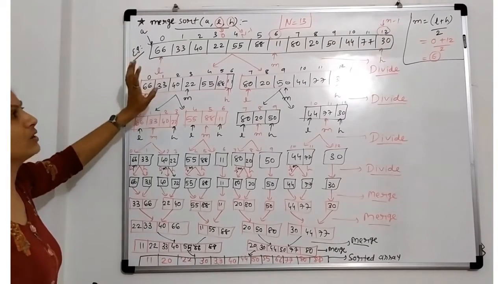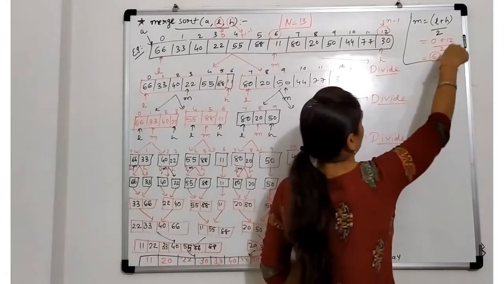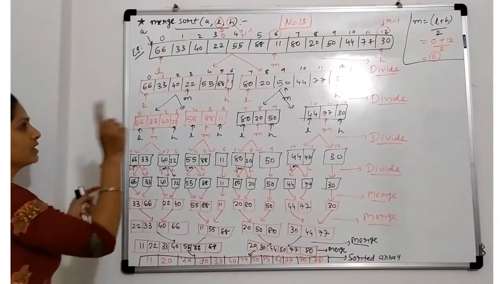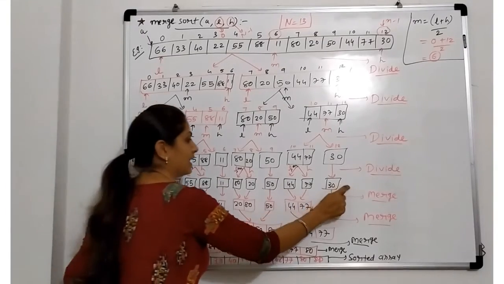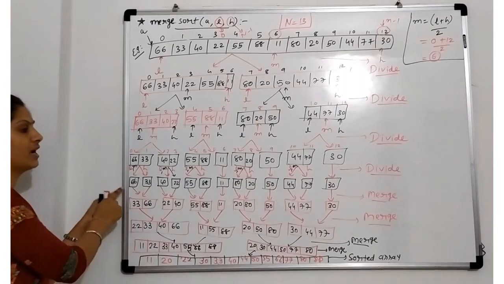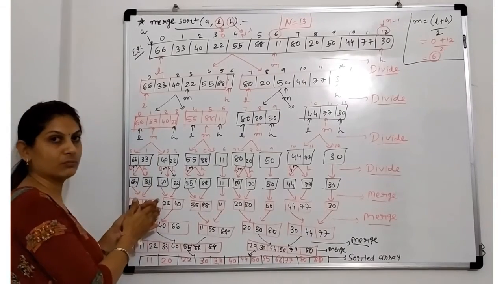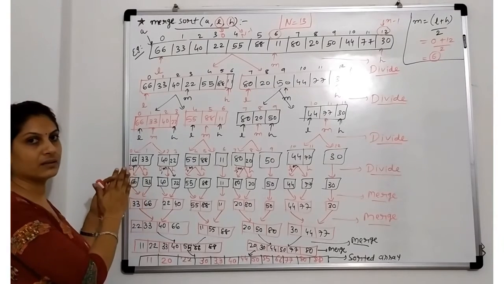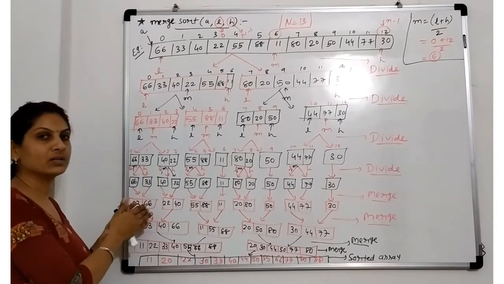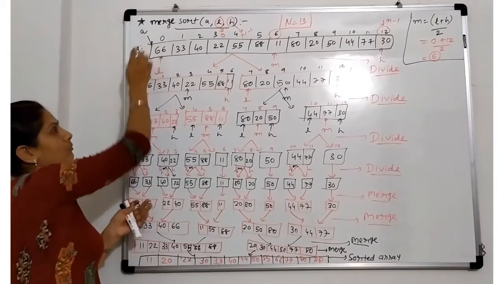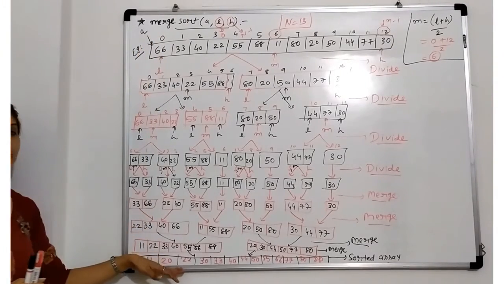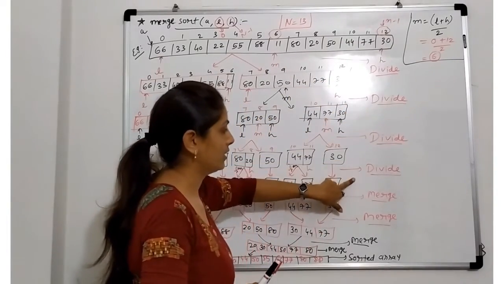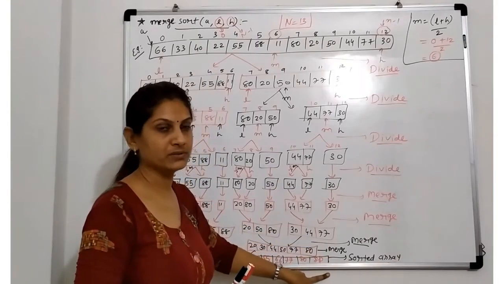In merge sort you only have to remember the formula to find the middle element, and that is L plus H divided by 2. This formula is applied only until all the elements become separated. When they are separated, we combine them according to the division. That means the elements that were divided must be combined using the merge sort method, and we get the final answer as sorted. Here we perform divide 4 times, so we have to perform merge 4 times.